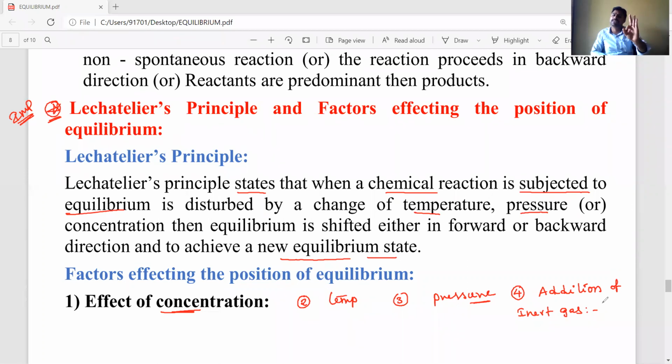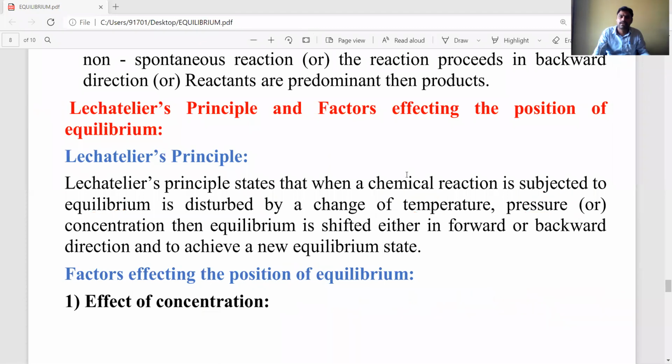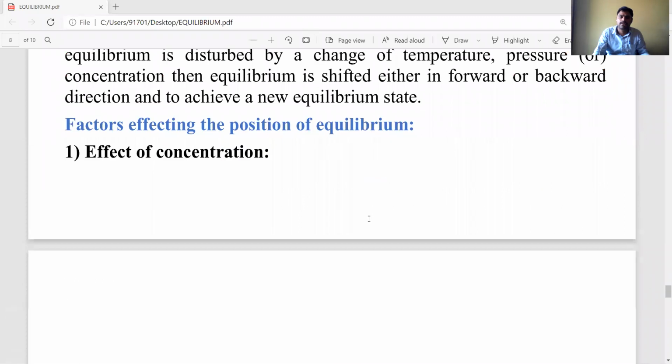The third is pressure, and the fourth is addition of inert gases. Addition of inert gases has two conditions: one is at constant volume, the second is at constant pressure. We need to explain how the equilibrium position changes, either in the forward or backward direction, under these conditions. Okay, students, listen carefully. Factors affecting the